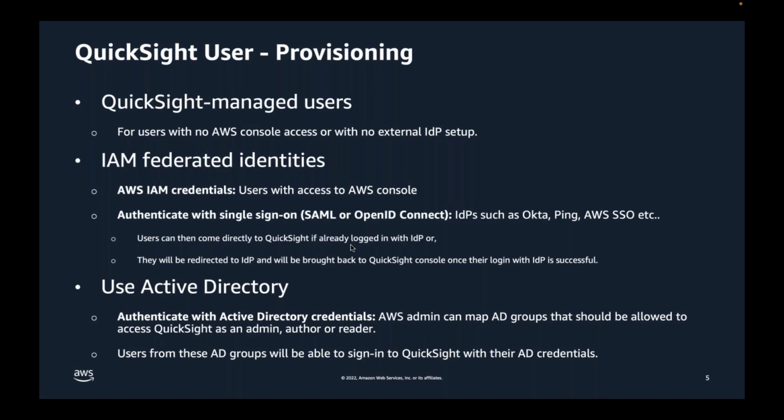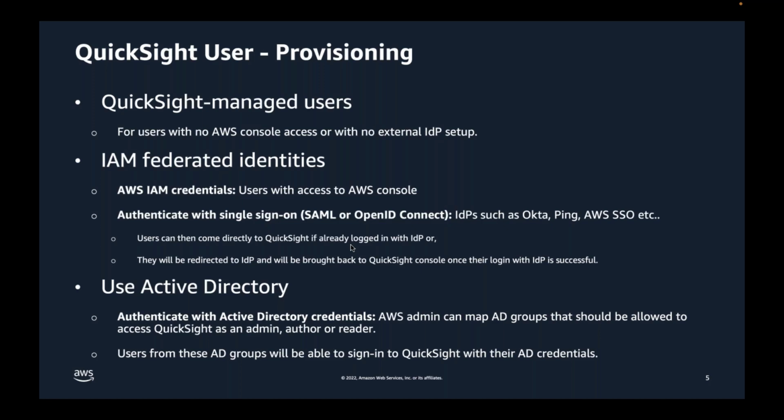The second option is if they do not have access to the AWS console and you have some kind of identity provider available, like Okta, Google IDP, Ping, or even AWS SSO. You can connect the identity provider with AWS IAM,